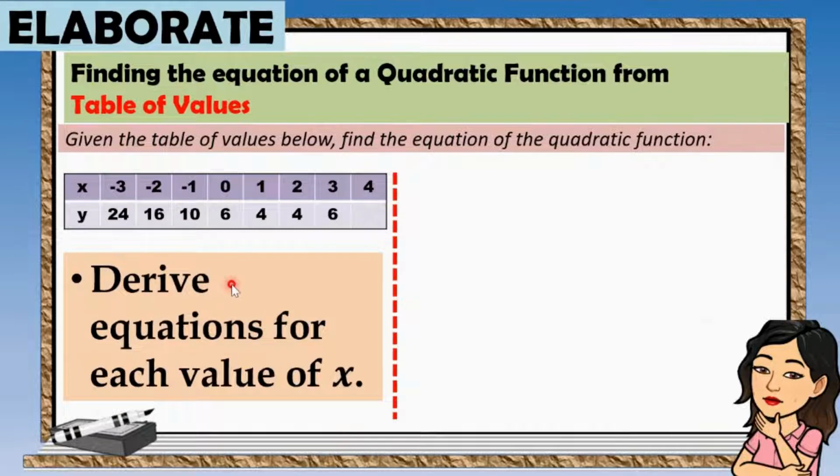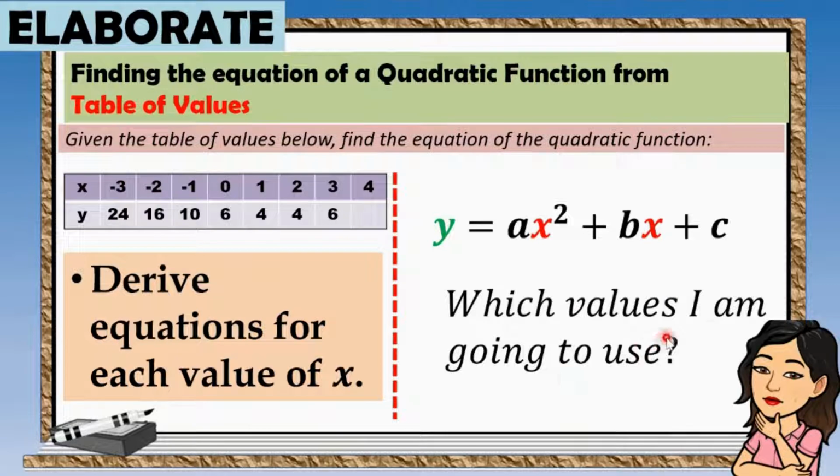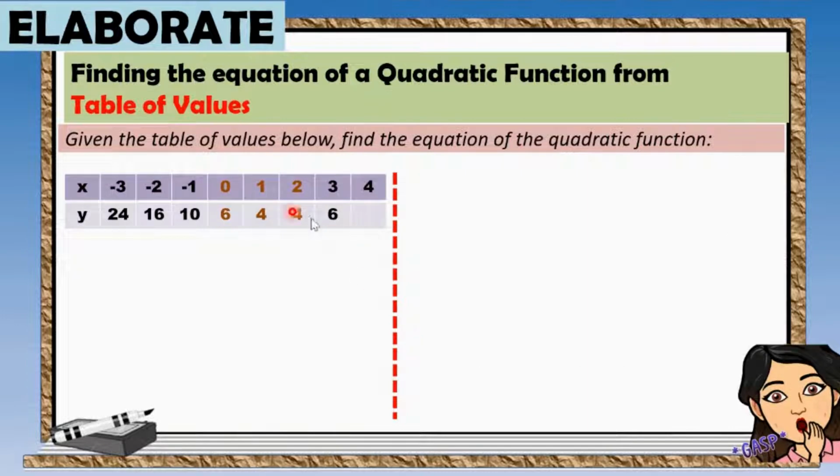Again, the first step is for you to derive an equation for each value of x. Pero, ang tanong ay, alin dito sa mga value na to? Which values am I going to use? So, sabi nga kanina, pwede nyong gamitin kahit alin dito sa values na to. So, by this time, ang gamitin natin ay itong tatlong ordered pairs from the graph or itong tatlong pair from